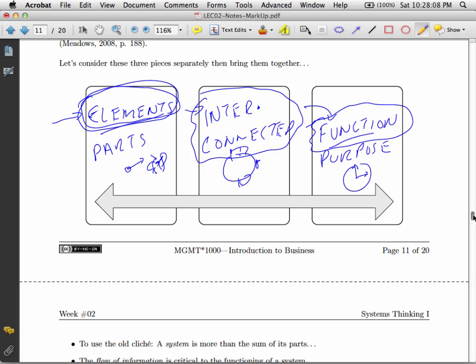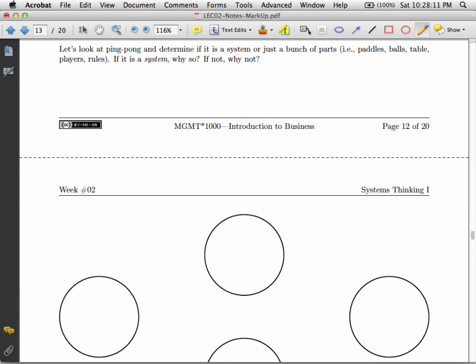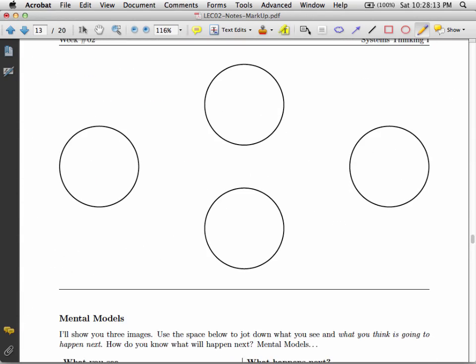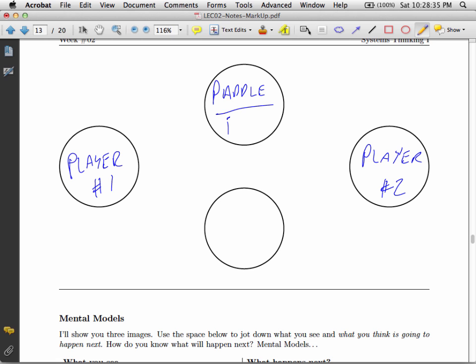There's a few more. Another example we gave was of a ping pong game. And in ping pong, we have a few identifiable elements. So we have player 1 and player 2. So you need 2 players for ping pong. Otherwise, it's not a ping pong game. It's a practice or something like that. It's not a doubles game. It's easy to identify the gear, paddle and a ping pong ball, and the ping pong table. So those are the basic elements.